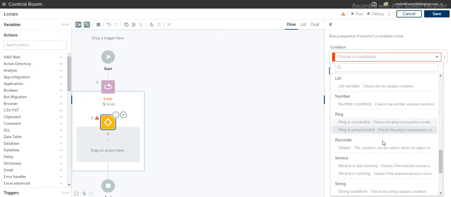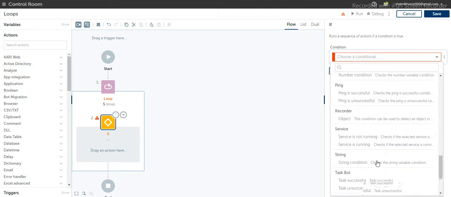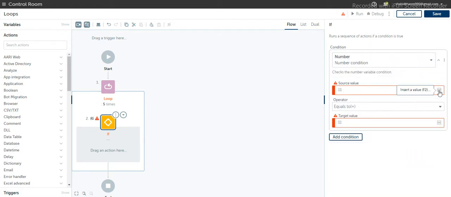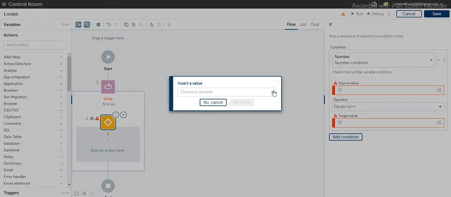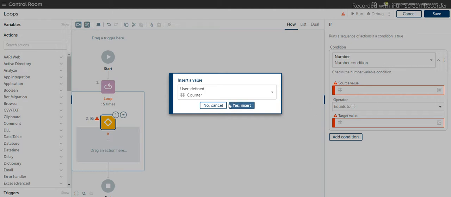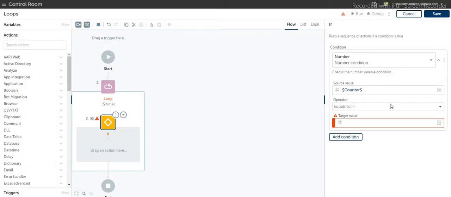Here I can select number, yes, number, source is counter. Say a counter is the iteration number, yes, insert. Now if the current number is equal to 5,